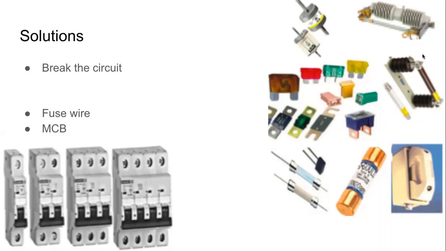Why did it happen? There is some problem in our circuit. Somewhere we are drawing more current than what we should do. So instead of हम हड़बड़ी में जाकर उस MCB को on करेंगे, that is a wrong thing to do. Because it tripped, telling us that there is some problem. Find out where the problem is, fix it before switching me on. Okay. The advantage of MCB is बार-बार हमको इसमें we don't need to change the wire switch. It's a smart switch. It's an intelligent switch. Fuse and MCB.